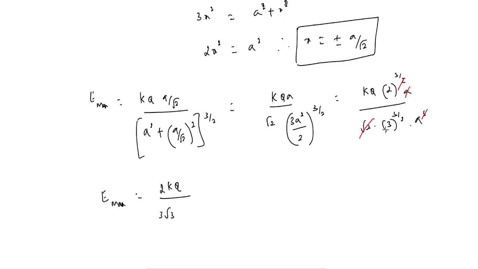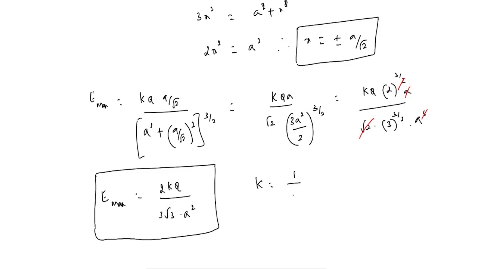I am breaking this term into 3 into root 3 into a square. So this is the required value. We recall that K is equal to 1 by 4 pi